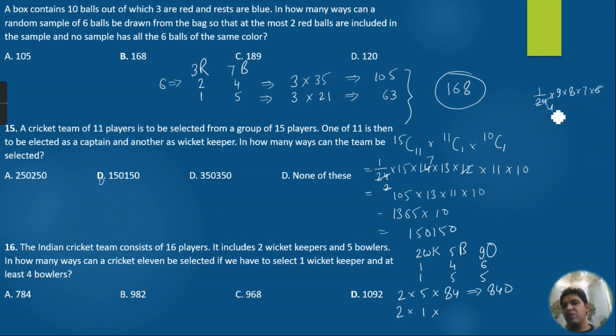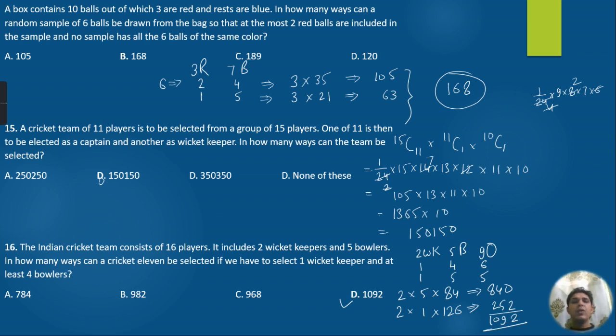So 6 4 is 24 and 4 2 is 18, right? This will be 126, and if we solve it, this will be 1092. So students, the answer of this question will be 1092,